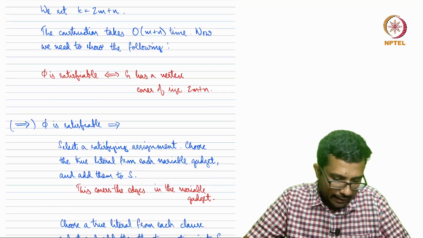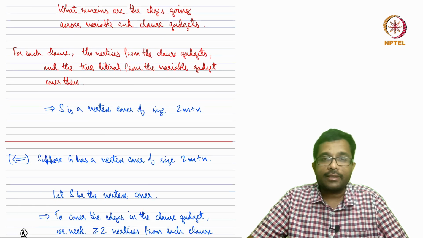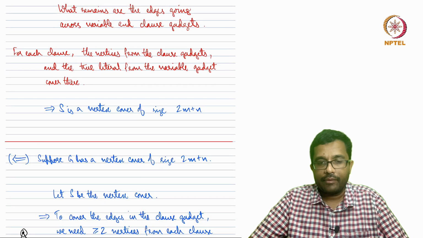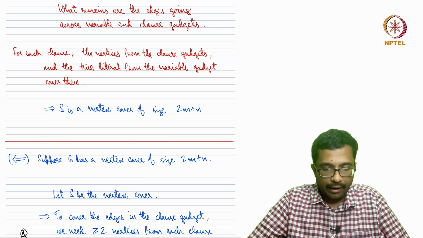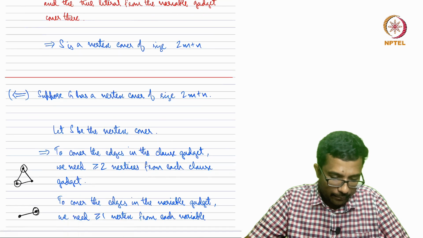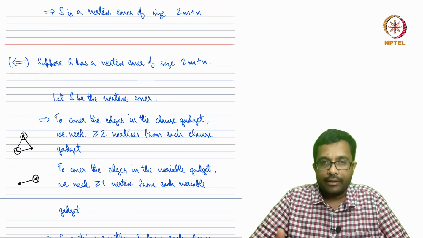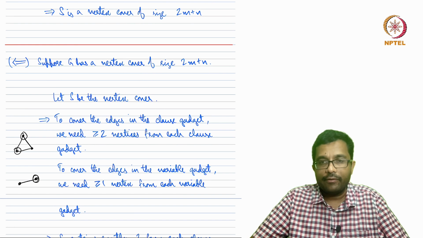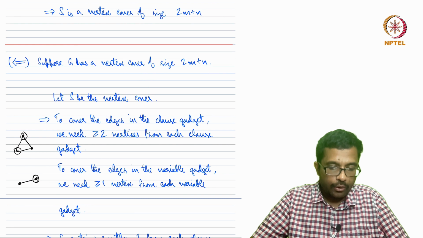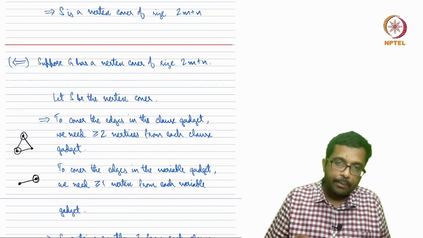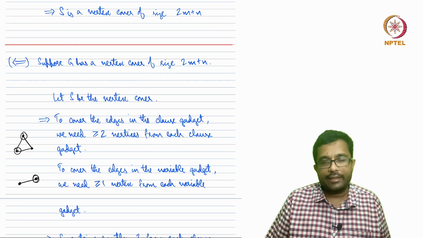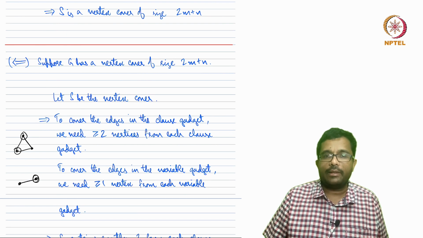But here the assumption was that there is a vertex cover of size 2m plus n. Now we are saying that every class gadget has to have at least 2 vertices and every variable gadget has to have at least 1 vertex. Now the only way we can do this is to pick exactly 2 from each class gadget and exactly 1 from each variable gadget,